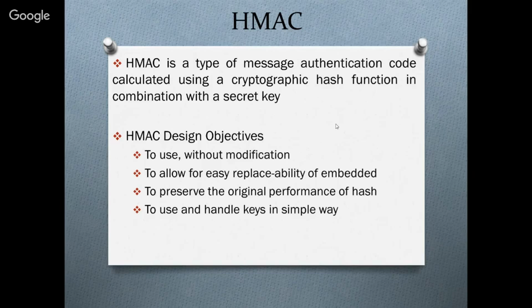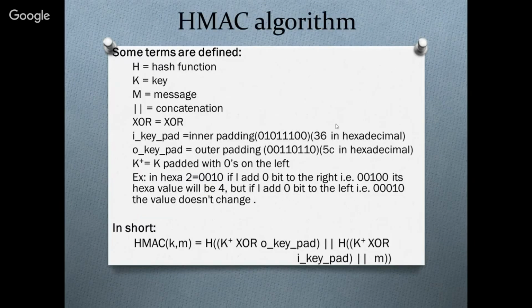The basic design objectives of HMAC are to use the hash function without any modification, to allow for easy replaceability of the embedded hash function, to preserve the original performance of the hash, and lastly, to use and handle keys in a simple way. The HMAC algorithm uses some predefined terms. H stands for the embedded hash function, for example SHA1 or SHA512, and K is the secret key value. If the key length is greater than B bits,